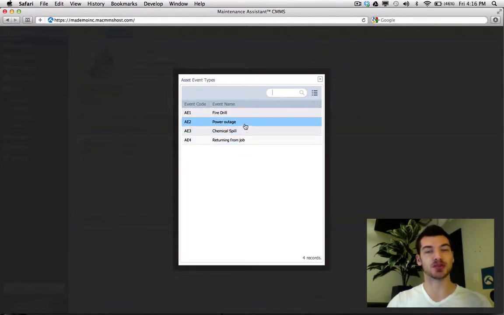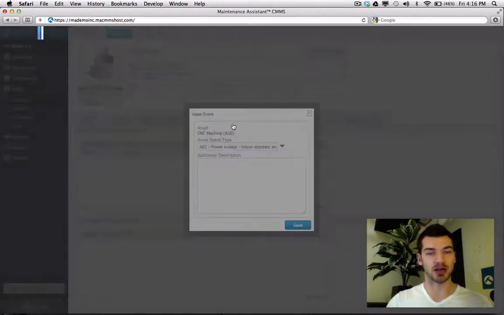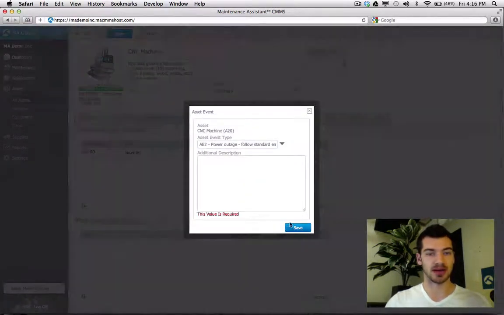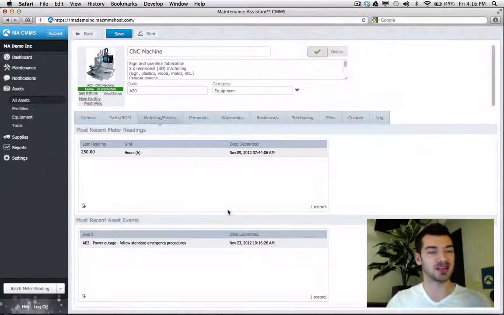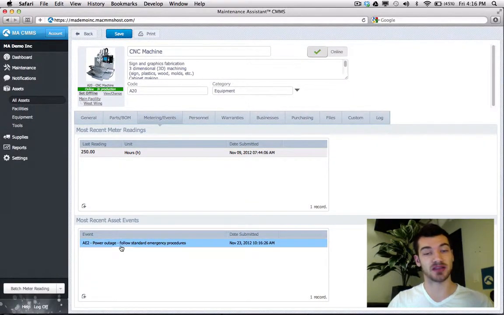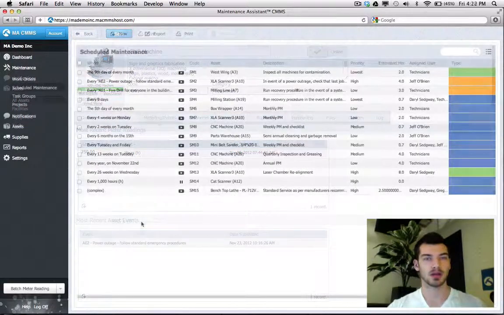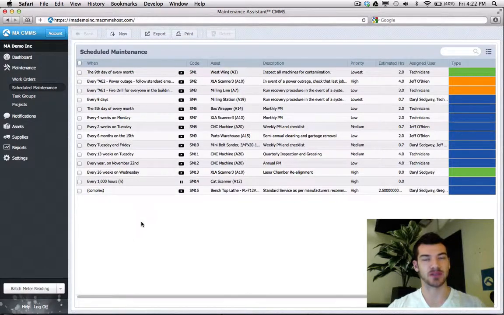And I can set up scheduled maintenance with these events as a trigger. So I'll log power outage as an event, and I need to put a description. And by itself, that's all it does. It just logs the event and the date for it. Now, I get a little more functionality if I build a scheduled maintenance that has an asset event as a trigger. So I've got one here